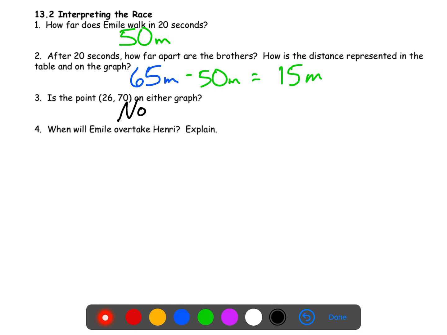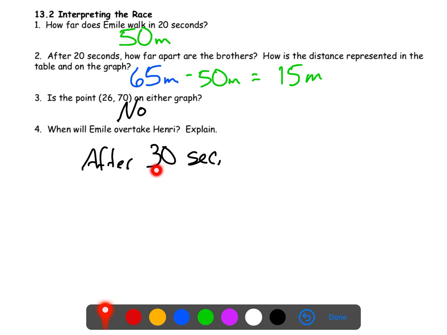And then the last question: when will Emil overtake or pass Henry in this race? We've already clarified that they are neck and neck, side by side at 30 seconds. So we would say after 30 seconds. Now we could say 31 seconds or more, but technically, even a part of a second is going